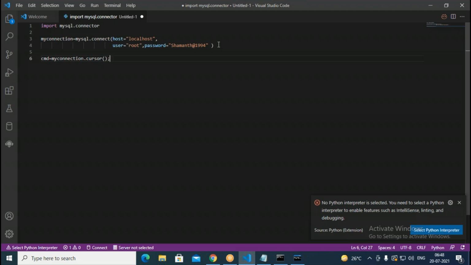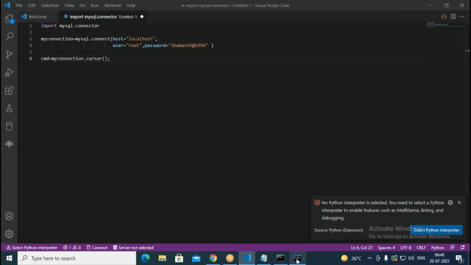So once you get hold of the cursor, with the help of that we can execute certain commands. A cursor is nothing but a command object. To issue commands, we require a command object.